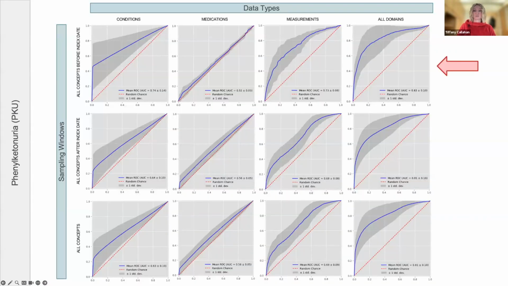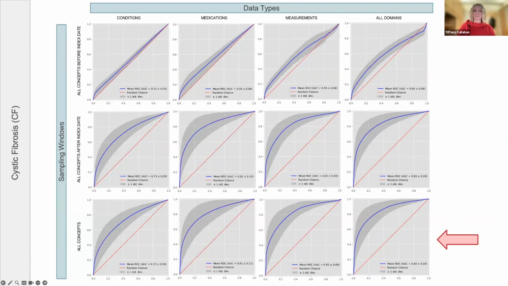This slide displays the performance of one of our rare disease groups, in this case, PKU patients. Columns are data types and rows are sampling windows. As shown in this slide and highlighted by a red arrow, the best performance for this group of patients was achieved when using concepts from all domains, so conditions, medications, labs, all together, but only those things that occurred before the index date. In general, we can see that some domains perform better than others, regardless of the sampling window. In this case, using all domains is best, and using medications, no matter which window you use, tends to perform the worst. This is an interesting pattern to keep in mind as I show you the other